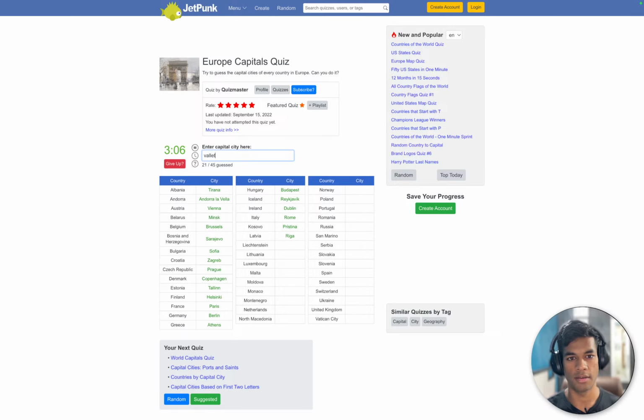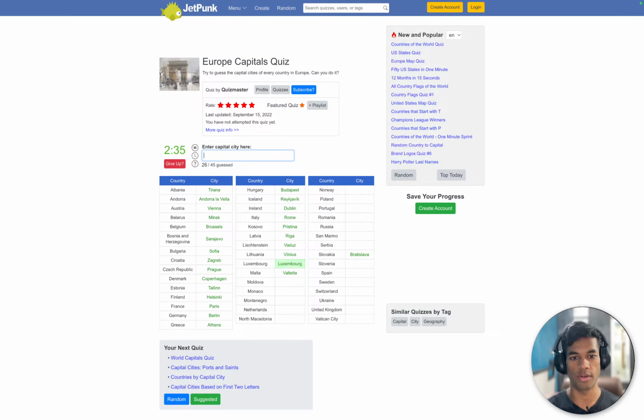Valletta is Malta, shit. Vaduz. Lithuania is Bratislava, that is Slovakia, shit. Lithuania is Vilnius, yes.